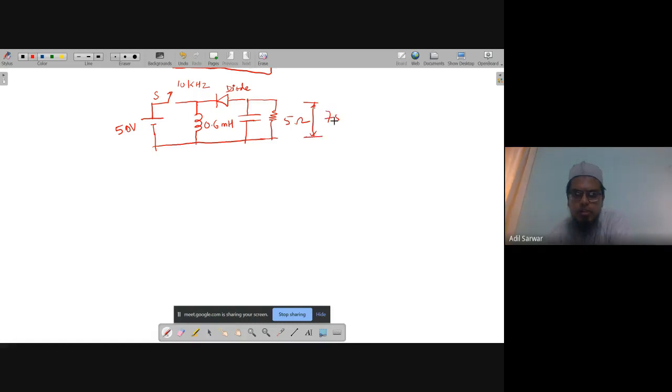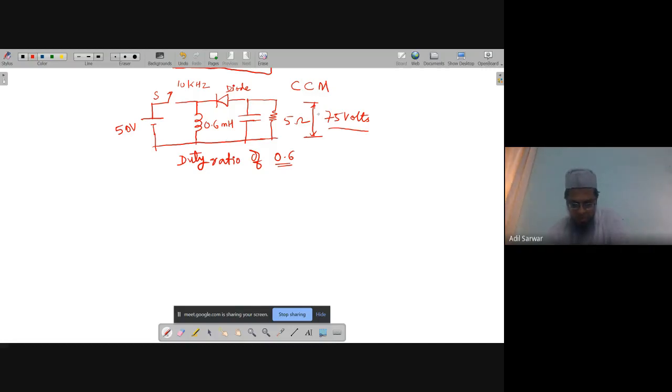is 75 volts, and it is almost constant because of the high value of the capacitor, and moreover it is given that the circuit is operated at a duty ratio of 0.6 or 60. It is mentioned that 60% duty ratio, so it is basically 0.6, and it is operated in CCM, the continuous conduction mode. Okay,